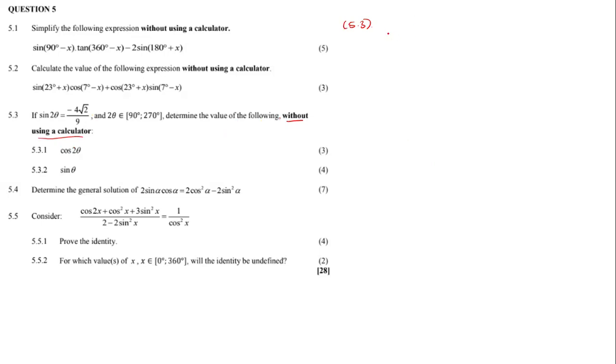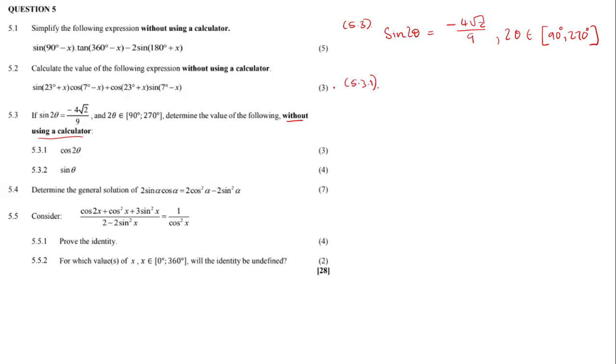So what's given here is we are told that sine 2 theta will most definitely be equal to negative 4 square root of 2 divided by 9. And we are also told that 2 theta exists within this interval. It is an element of 90 degrees and 270 degrees. And they say determine the following without the use of a calculator. So basically, we're going to do